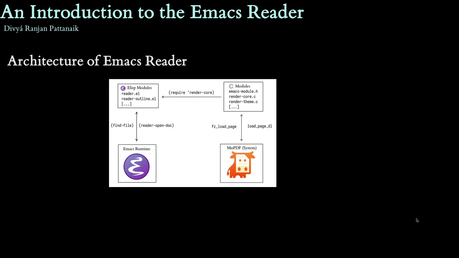Architecturally, Emacs Reader takes a distance from both DocView and PDF Tools. How DocView works is that it basically wraps around a tool called mutool. mutool is actually a command line tool from MuPDF itself. It relies on mutool and a bunch of other similar command line tools, and basically makes process calls from Elisp to these CLI tools. That's how DocView works, and that's why it has latency issues, because that's the best you can do by literally calling CLI tools and outputting the